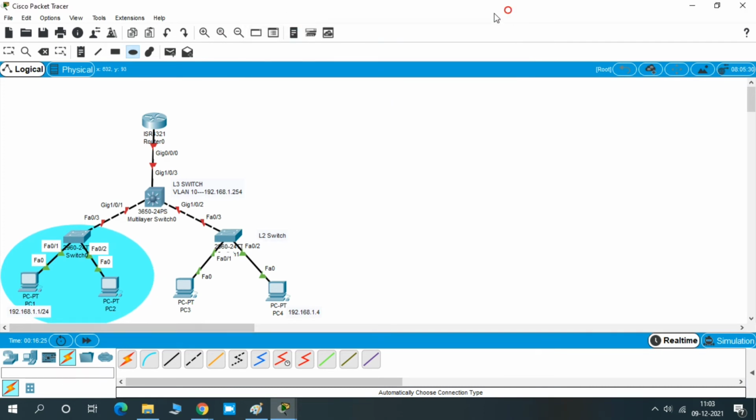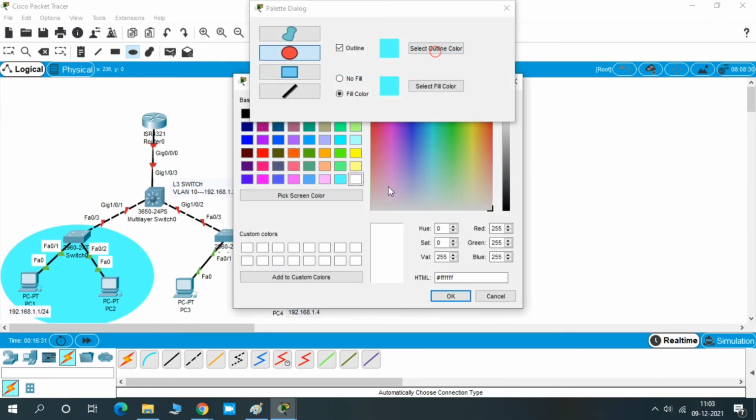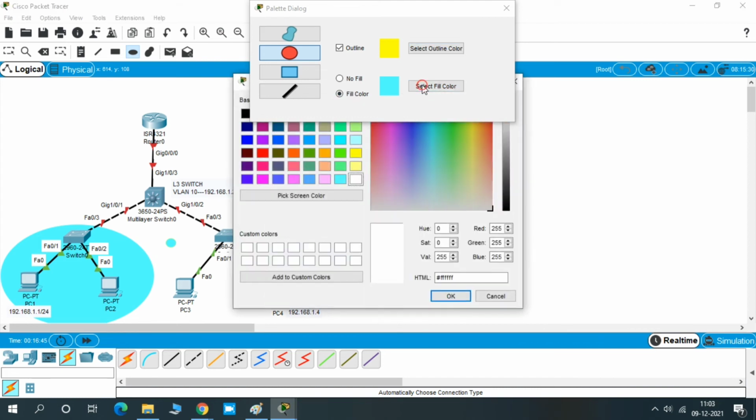I'm just marking this. See, if you want a different color, just change the second option.